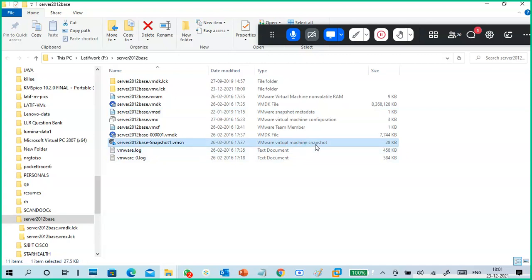Okay, virtual machine snapshot, this is another memory file it creates. This one is after taking the snapshot. So this is the storage disk, this is the original storage disk, this is the second storage disk. So that's the difference from here to here.